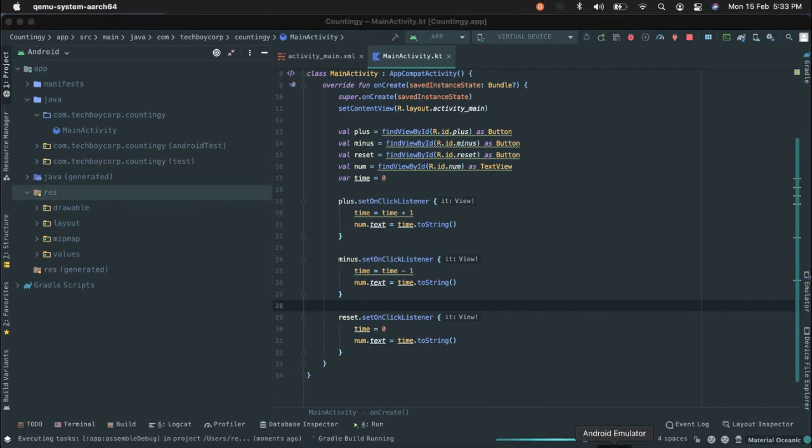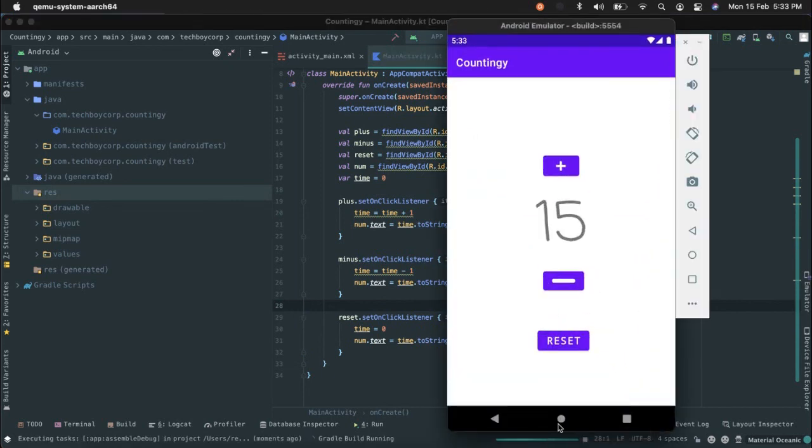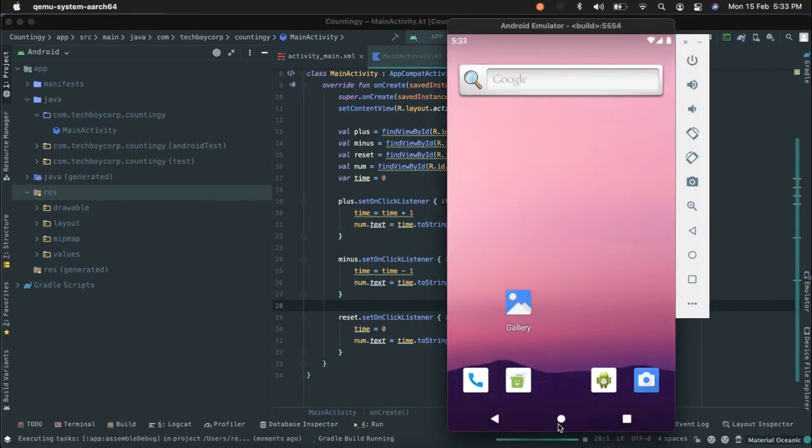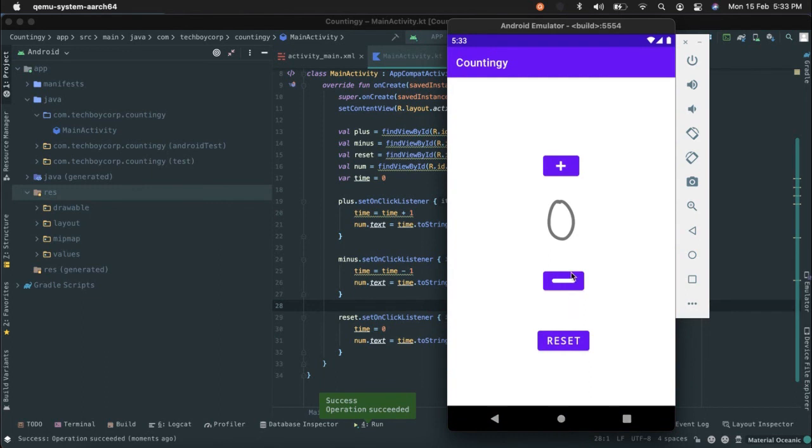Let's run it and end this video and declare you as official beginner Android developers. Oh, this is our counting application. It's working. Okay. Boom! It worked. See, it's working. Okay, we can write 10, and we can say 5, 6. We can reset it. Everything is working as we saw in the preview, and we expected it to do it this way.